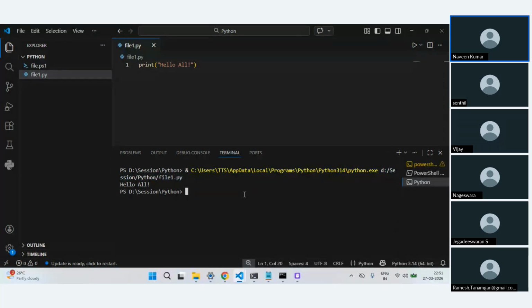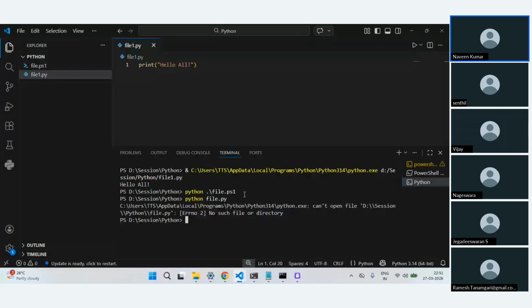So what I can also do is, I can also do something like this. Okay, wait, I picked the .py file. I'll just say file.py. It says it's not able to load.